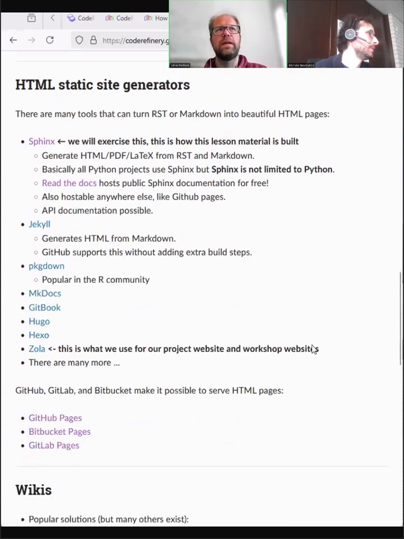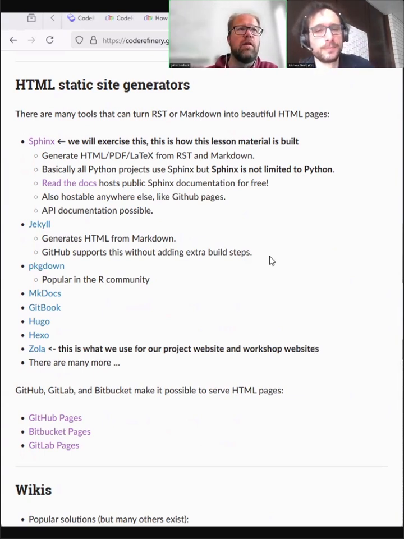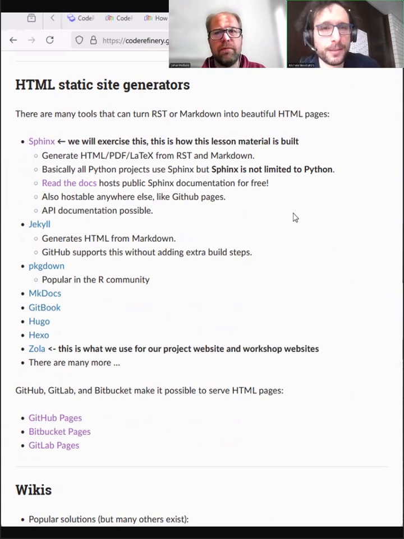HTML static site generators. That is something that we will try out in the second hour. And as you can see here, there are many options available. So yeah, we have Sphinx here, Michele. Sphinx is the main tool that is used to document Python projects, and that's what we're